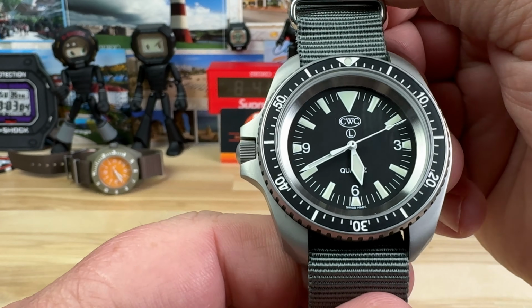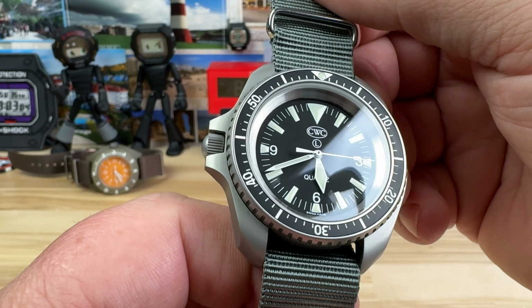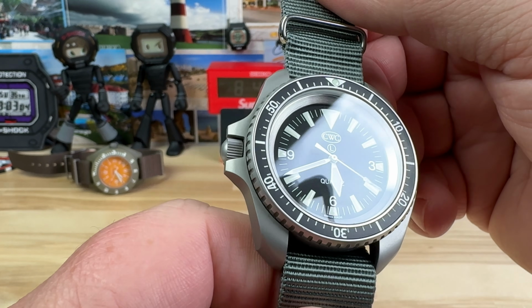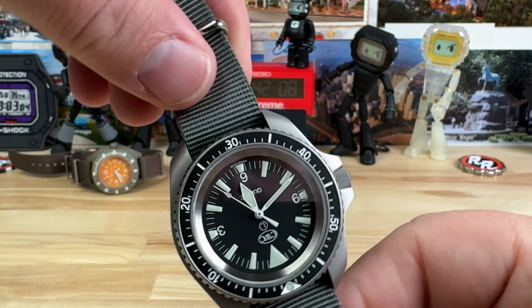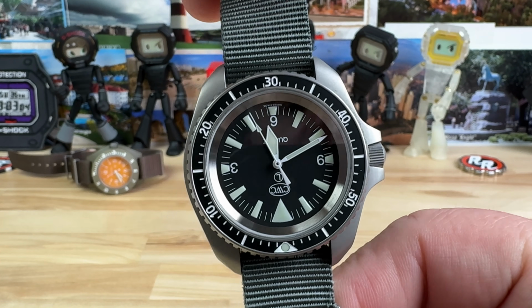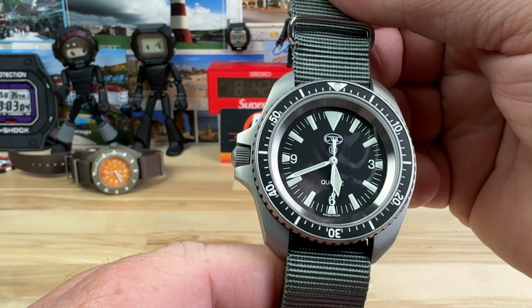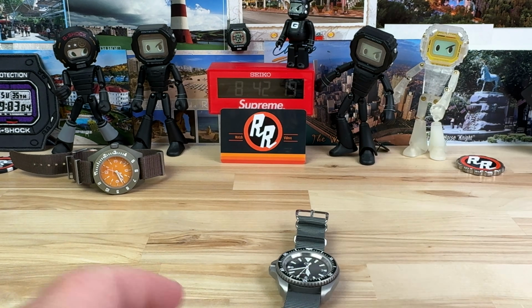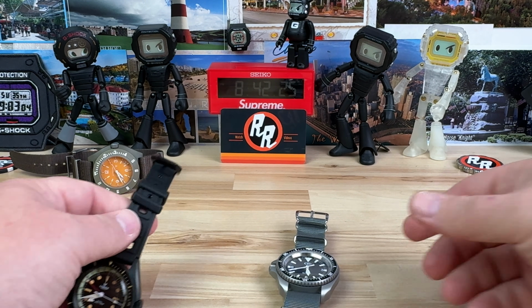Now, I do like that it's also different in the sense that it's a Destro model. I like that my buddy Calico ordered it up that way, so it makes it stand out. I think if I were going to order one, though, I would go with traditional. I don't know why. For some reason, certain watches, when you go Destro, they just look upside down. And this is one of them. It's clearly not upside down, but you guys know what I'm saying. It's just hard for my brain to...